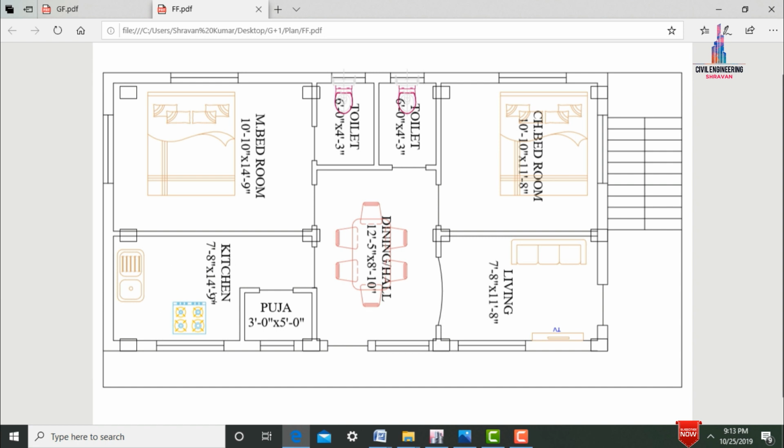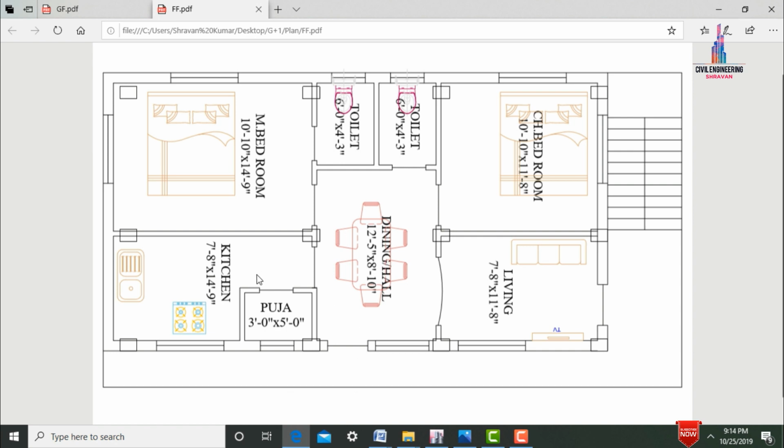So this is the kitchen portion for this respected house, which consists of 7 feet 8 inches in length direction distance as well as 14 feet 9 inches in width direction distance for this respected house. The kitchen portion also consists of one window which is provided in east facing direction. The width of the window is approximately equal to 4 feet.